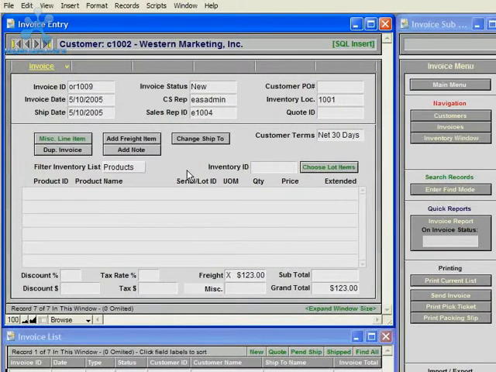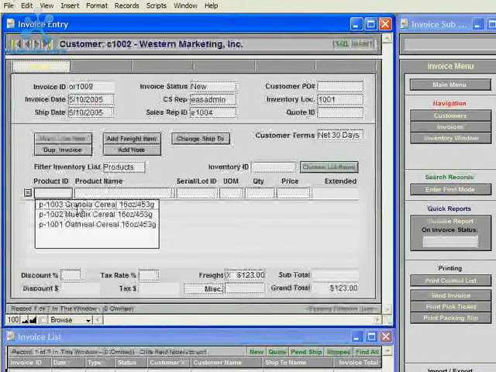There are two ways to enter line items into an invoice. You could either just click the miscellaneous line item button, or if your company is using lot tracking, you could choose lot items for specific lots to create line items onto the invoice. For this example, I'll just click the miscellaneous line item button,